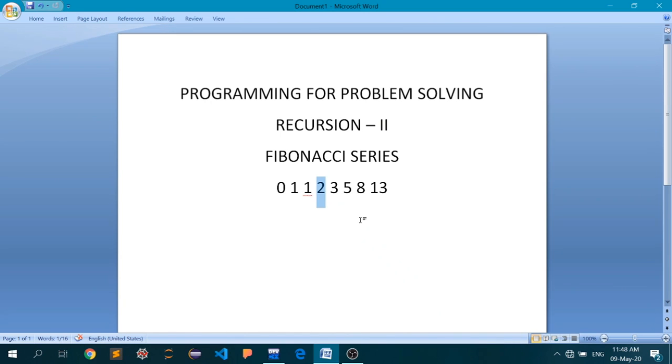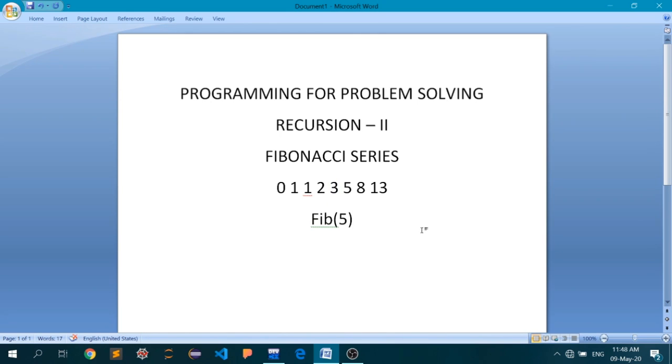Let's take the example of passing an argument 5 to my fib function, that is fib(5). What I am asking out of my fib function is that you must return the value at the 5th index of the Fibonacci series, which is actually equal to 3.